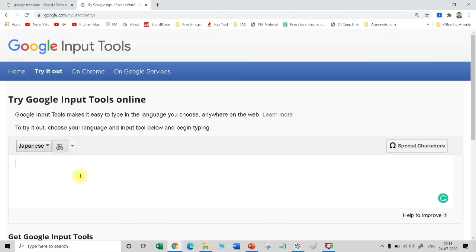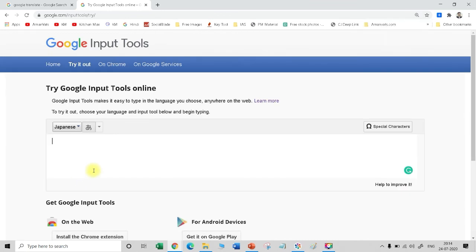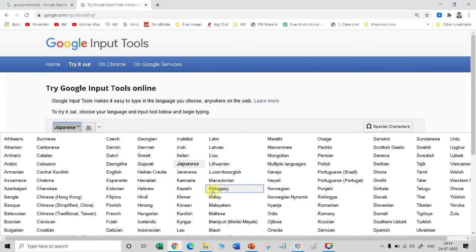And one more thing, sorry, I forgot to tell one more thing. When you are writing something, for example, I am writing India, now it is giving me the Japanese translation. Here you have to press the spacebar. So there can be multiple translations. If you want to select one, you can press 1, or you can just press spacebar again. This is happening in the case of Japanese. Just select and it will be available with you. So this is Japanese, and I was talking about Hindi.